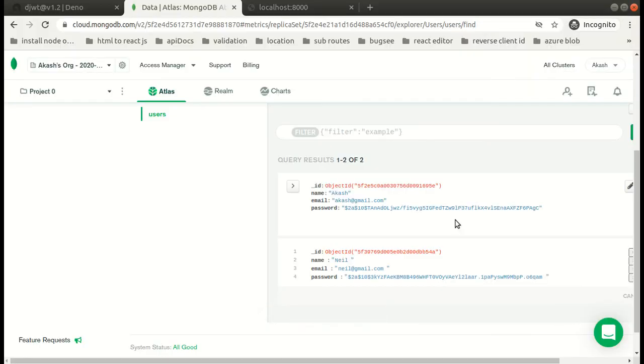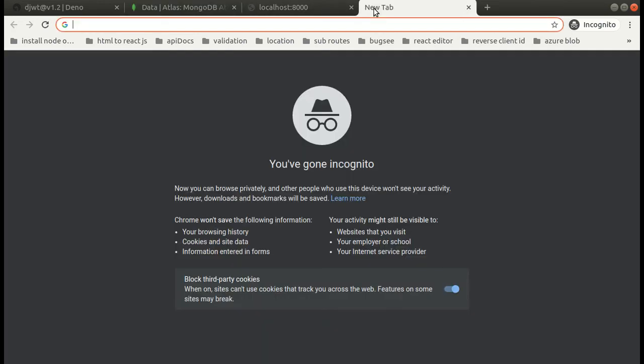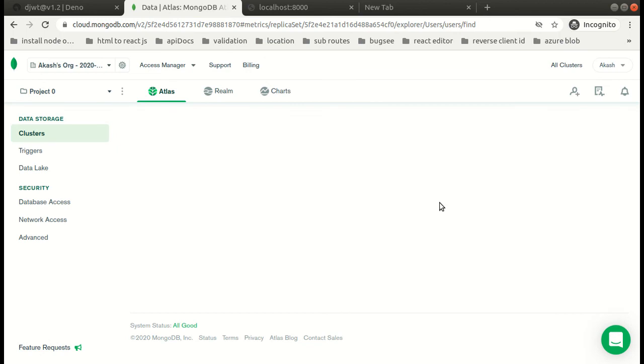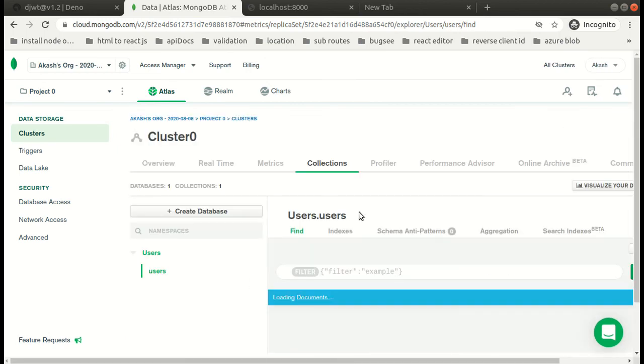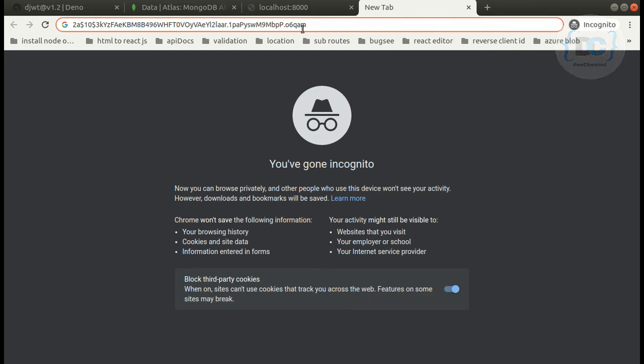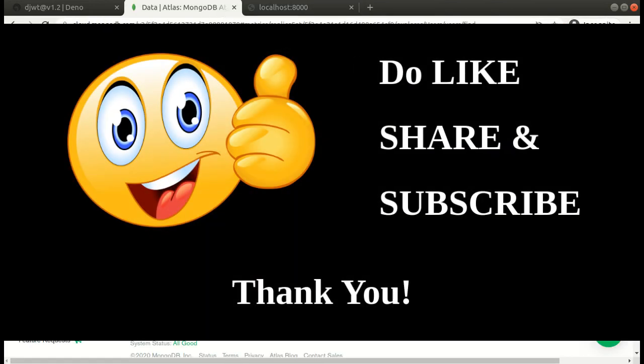So guys, let's refresh this and see if our password has changed or not. It is something like 06QAM. Let's copy this, Control C, and over here Control V. Let's refresh this page, databases and collection. Cool, as we can see, our password has been updated. There is IC at the end, and over here there was AM. So our password has been changed.